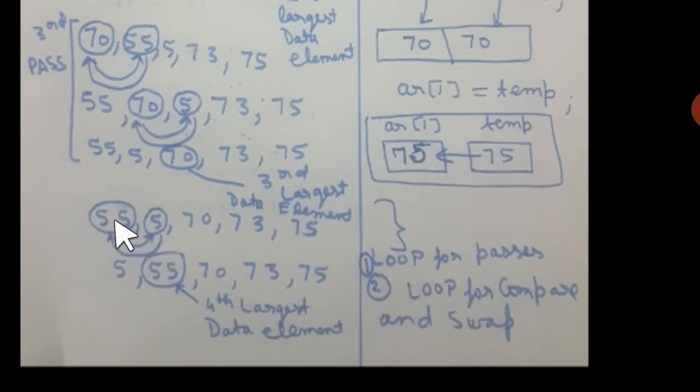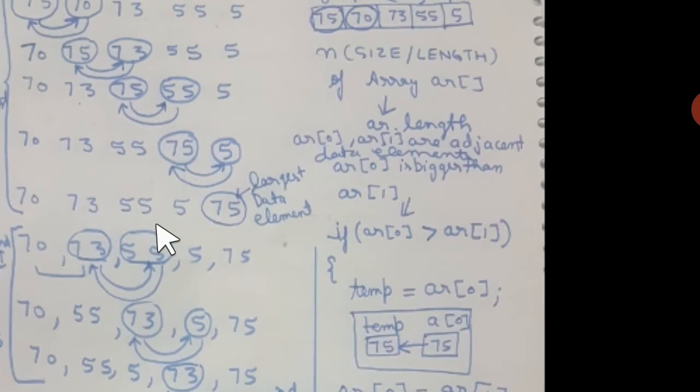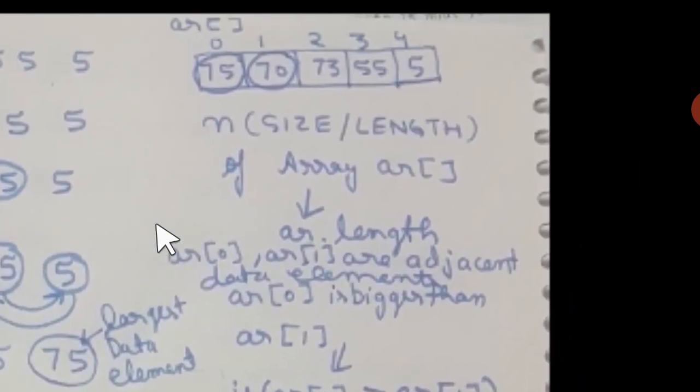So maximum number of passes for any array's data to be sorted are n minus 1 or array length minus 1. Here I have written that, right? The length of the array can be represented through ar dot length. N is just a variable I have told you in case you want to keep, otherwise it's pretty fine to access it through ar dot length. Alright, is that clear? And remember, while writing this, we don't use any index or any square bracket with this, just a plain array name and dot and length. Alright, let's go for the code.